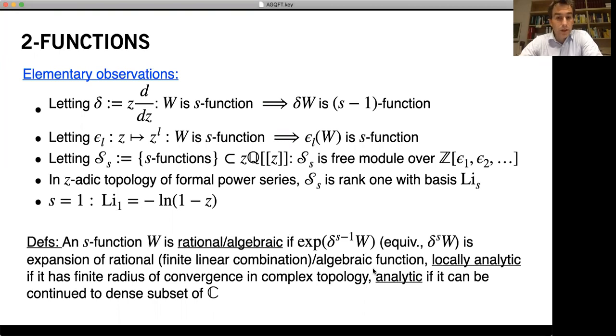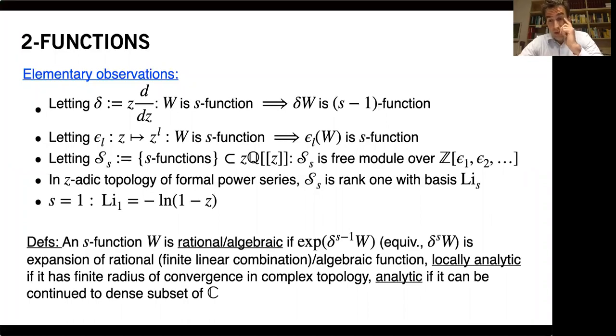Then of course I want to call it locally analytic if it has a finite radius of convergence in the complex topology, and analytic if you can continue it to a subset of C. Okay, so that's sort of